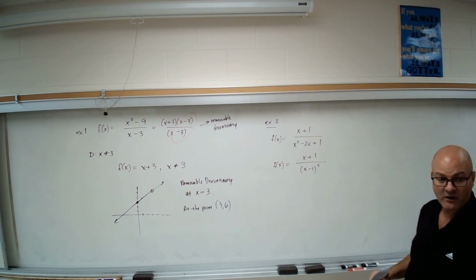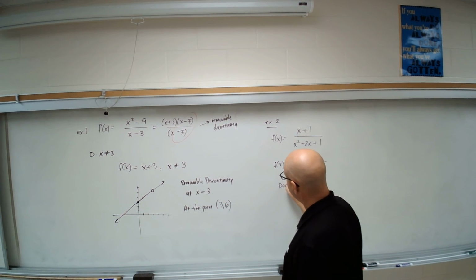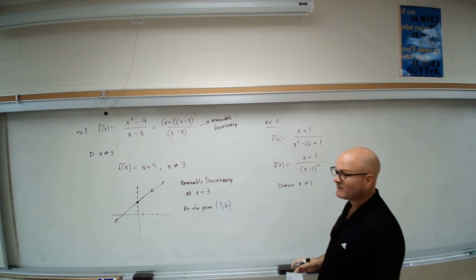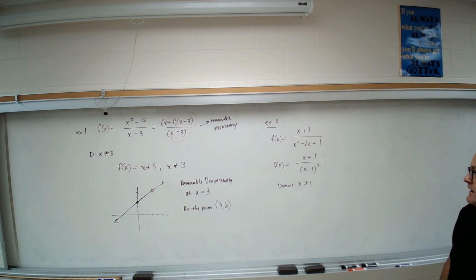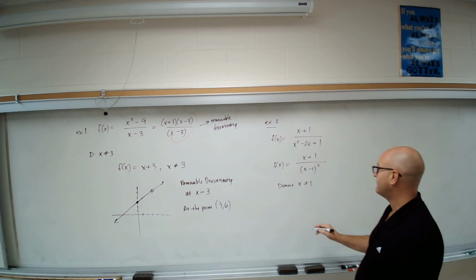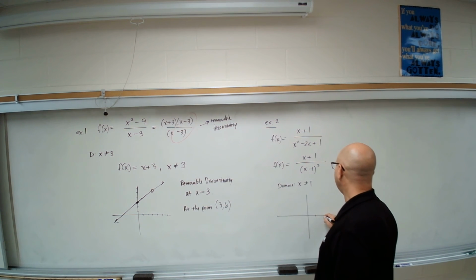So in terms of our domain, we'd get x cannot equal 1, right? Because if it equals 1, we just divide by 0, which is not something that we can do. So then at this point, we could go ahead and graph it and try to determine what type of discontinuity we have. Okay, if you graph this, I know that at 1,